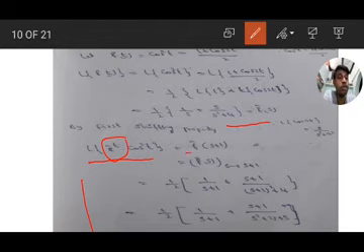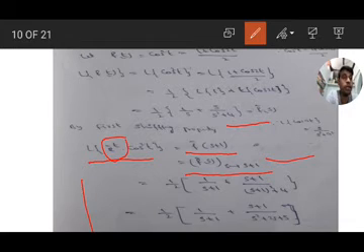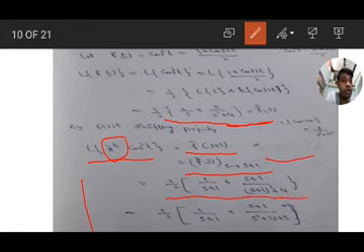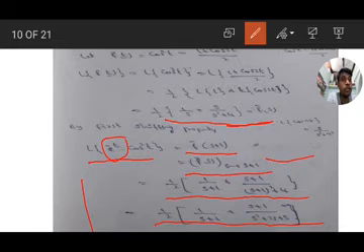A equal to 1 means f bar of s plus 1. That is, in place of s we have to write s plus 1. So substituting this value s plus 1 in f bar s, we get 1 by 2 into 1 by s plus 1 by s plus 1 whole square plus 4. After simplification, we get the answer 1 by 2 into 1 by s plus 1 plus s plus 1 by s square plus 2s plus 5.